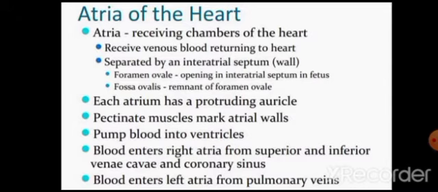Okay, we are discussing the atria of the heart. Atria are the receiving chambers of the heart. The right atrium receives deoxygenated blood from the superior and inferior vena cava, from the upper and lower parts of the body. That blood is deoxygenated. And the left atrium receives oxygenated blood from the lungs, which is purified by the lungs,